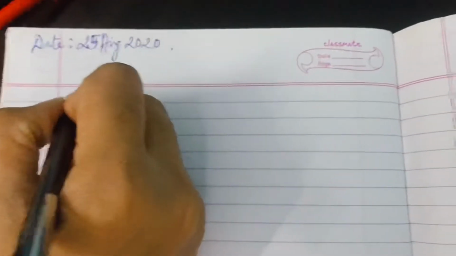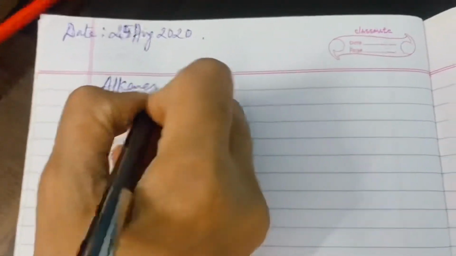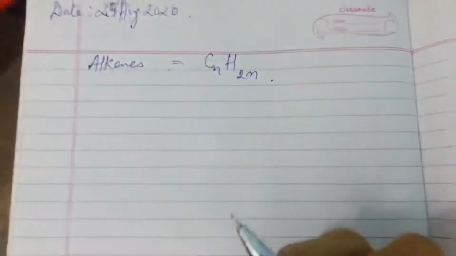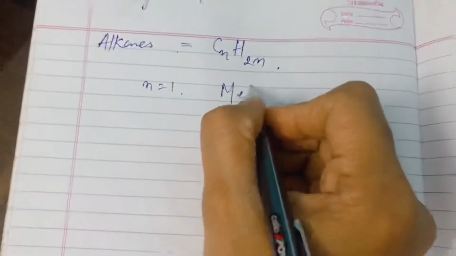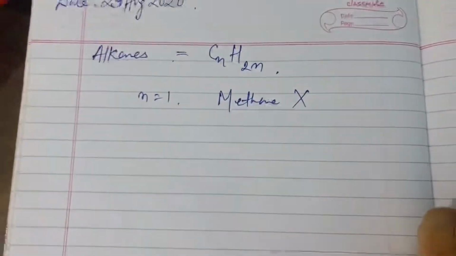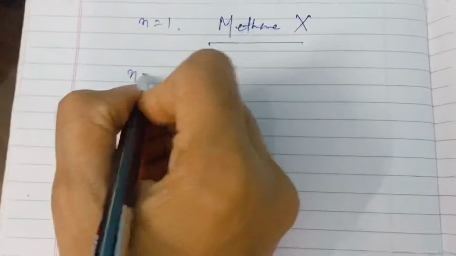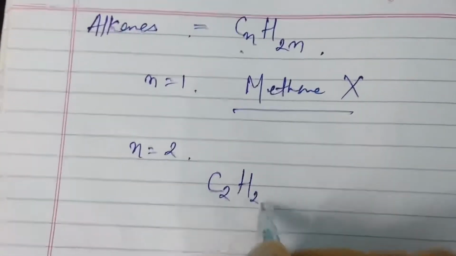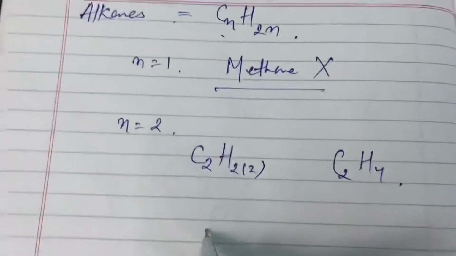So students, the next unsaturated hydrocarbon we'll study is alkenes. The general formula of alkene is CnH2n. If you take the value of n as 1, will you get methane here? No, the answer is no. We need 2 carbon atoms at least to pair up. So methane will not exist. So we'll start with n as 2. We will take the value of n as 2 and put this value, and we will get C2H4. And how will we make the structure?